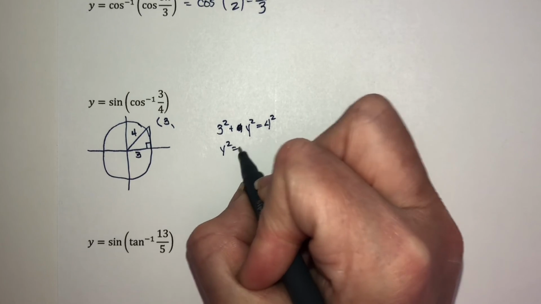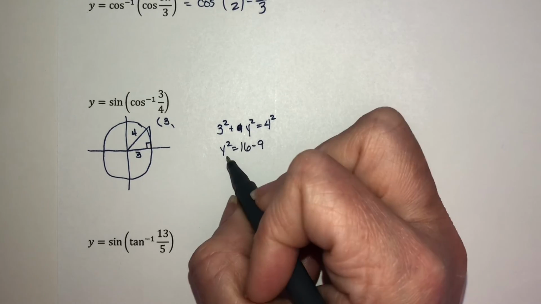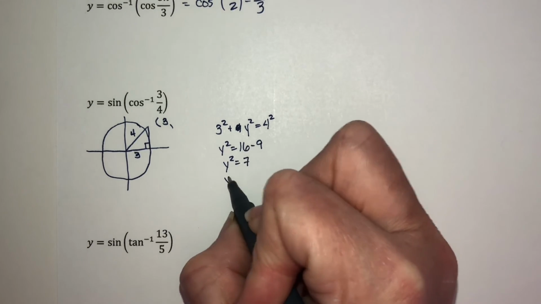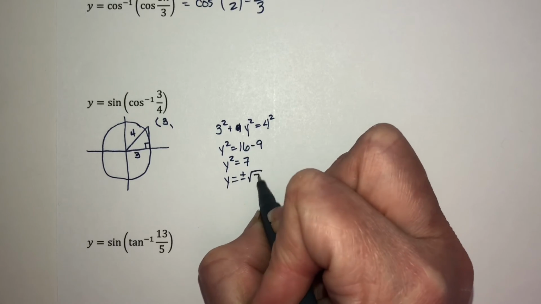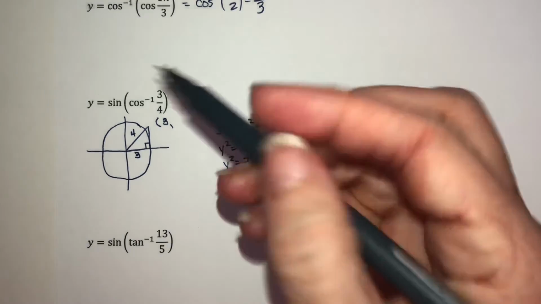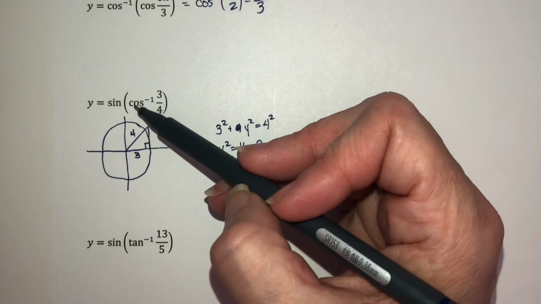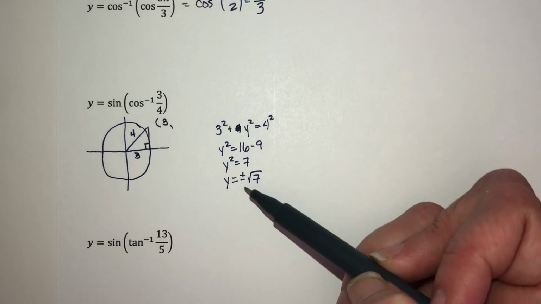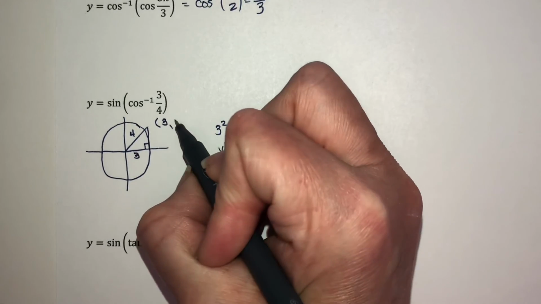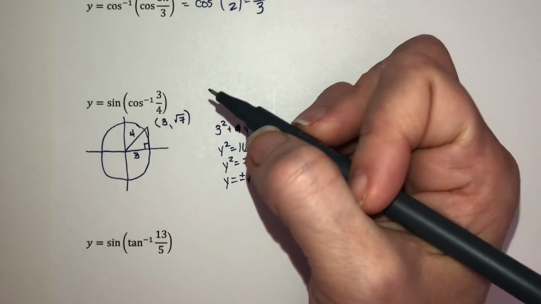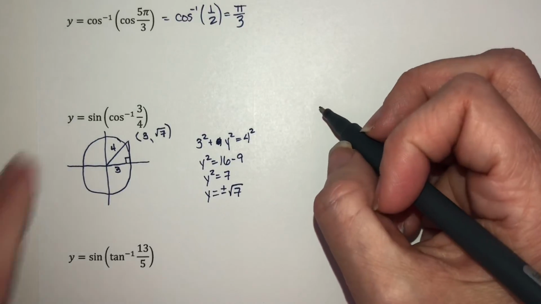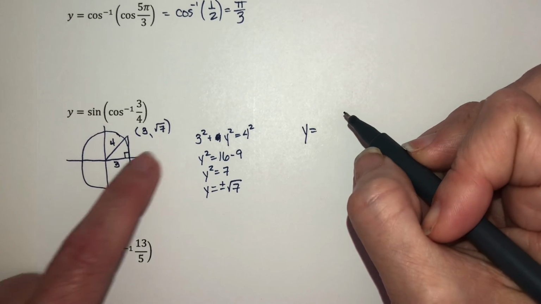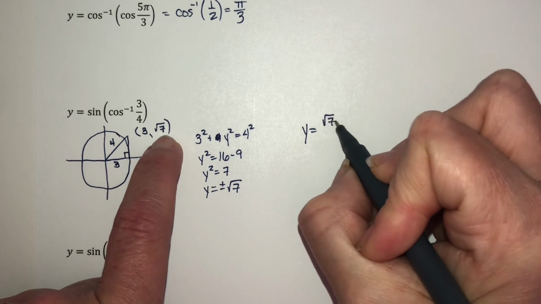So y squared equals 16 minus 9. Y squared is 7. So y is equal to plus or minus the square root of 7. Now we know that since our cosine is positive and we found the inverse cosine of it, we are in the first quadrant. So I'm going to use the positive version for this. So this is square root 7. So what is y equal to? Y is equal to square root 7 over